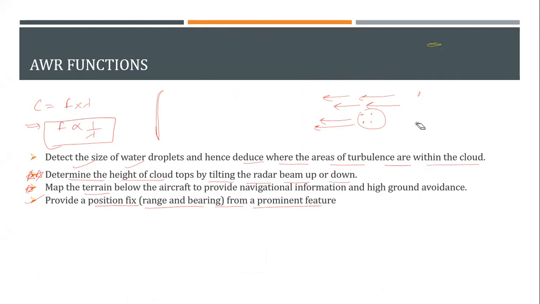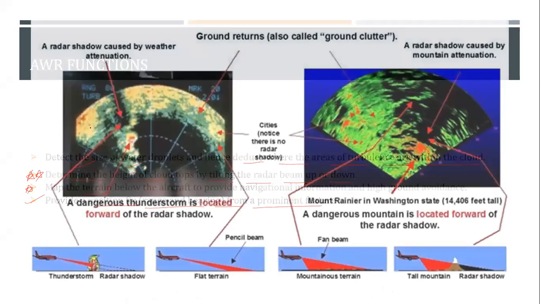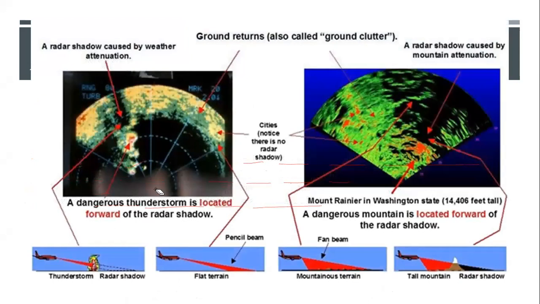All in all, you see this picture and understand how the working is done. If you see this diagram, you'll realize what is happening. On the right side, it is mapping the terrain. On the left side, it is mapping the cloud. Now you can see the cloud. It is able to map it like this.